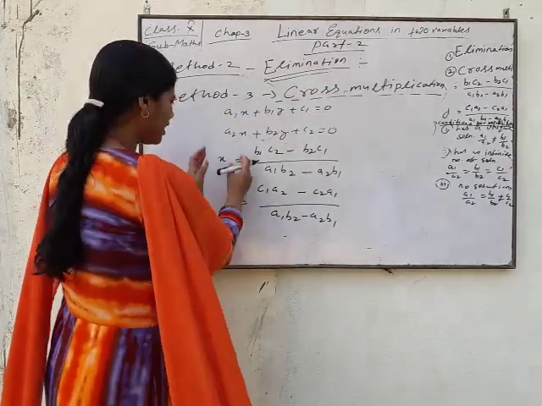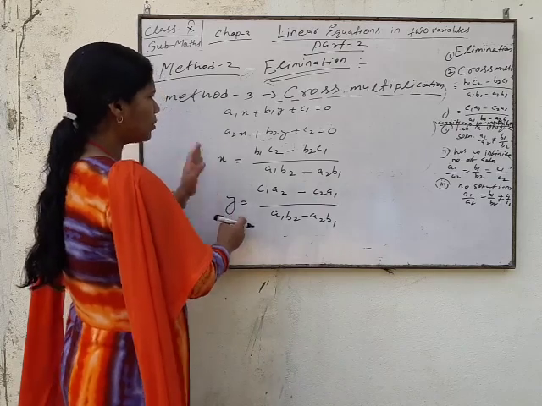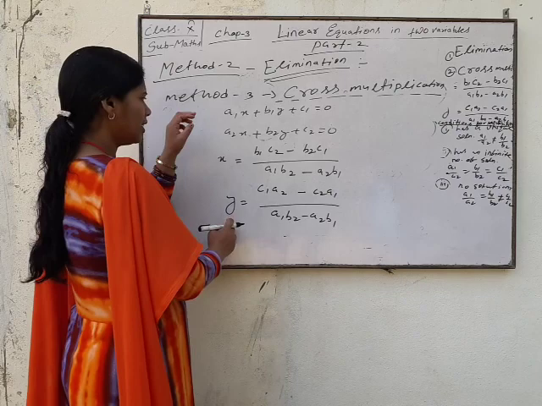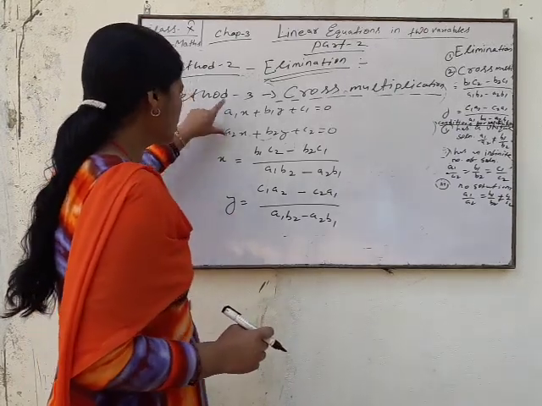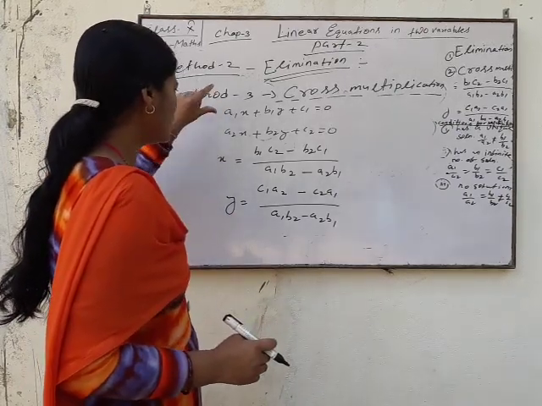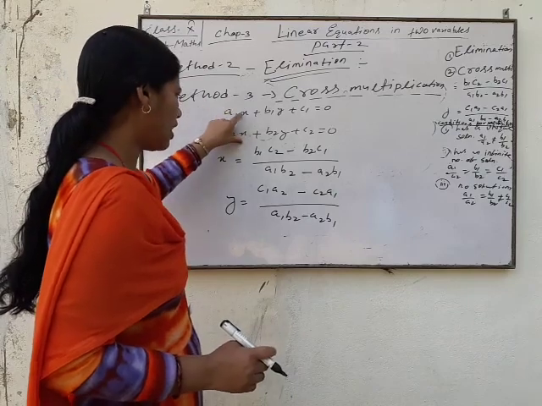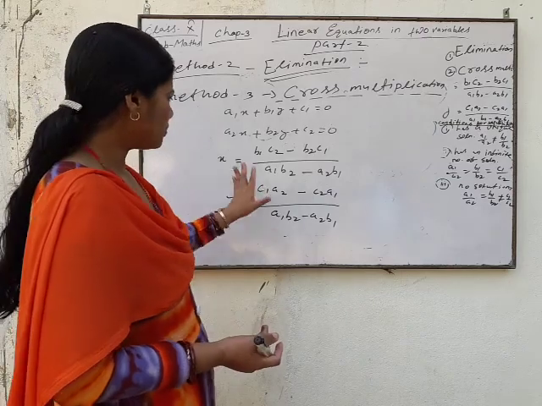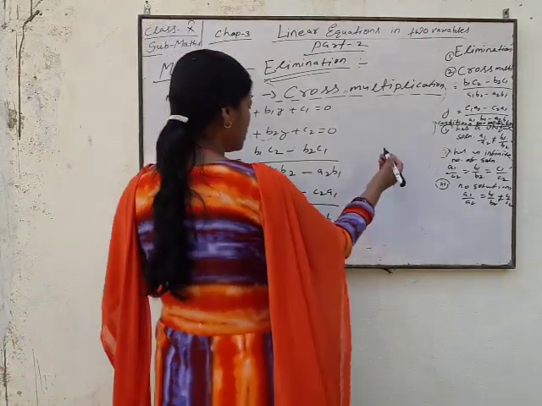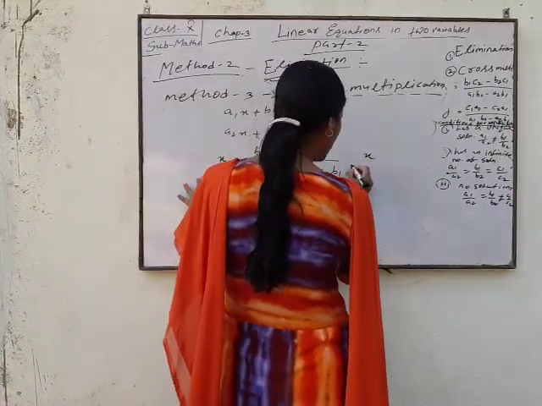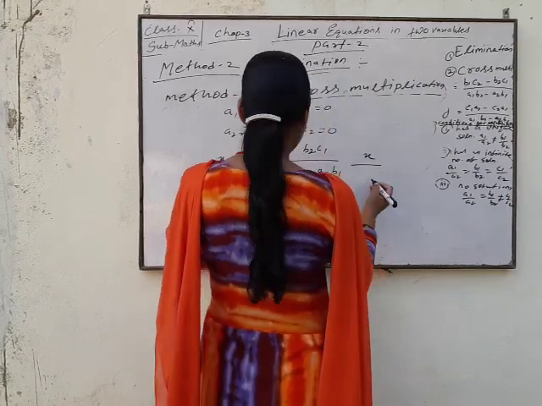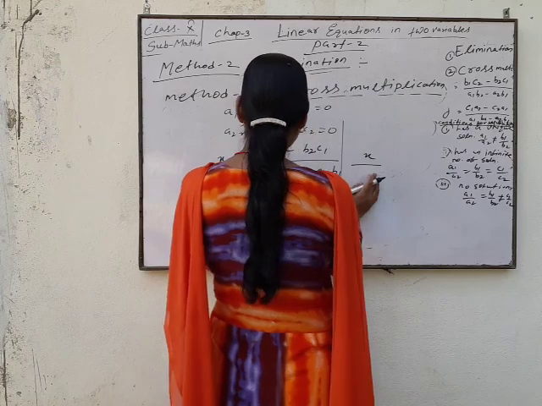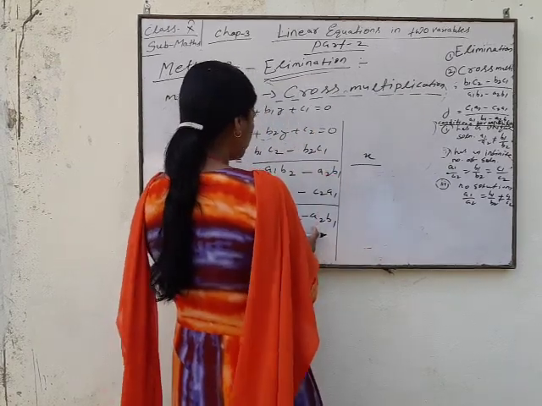So how do we get this? By using the elimination method, we will solve for the values of x and y. It means these are your two given equations. By using the elimination method, you find the value of x and y, and after solving, we will get this value. Okay. This is an easy way to remember it, because it's a very long formula.